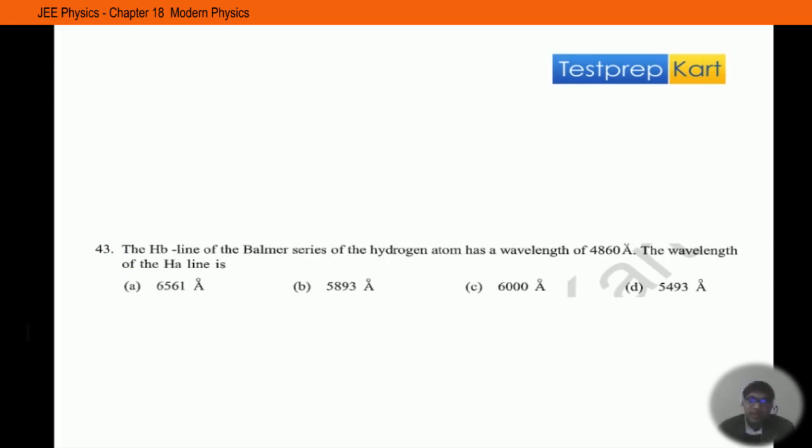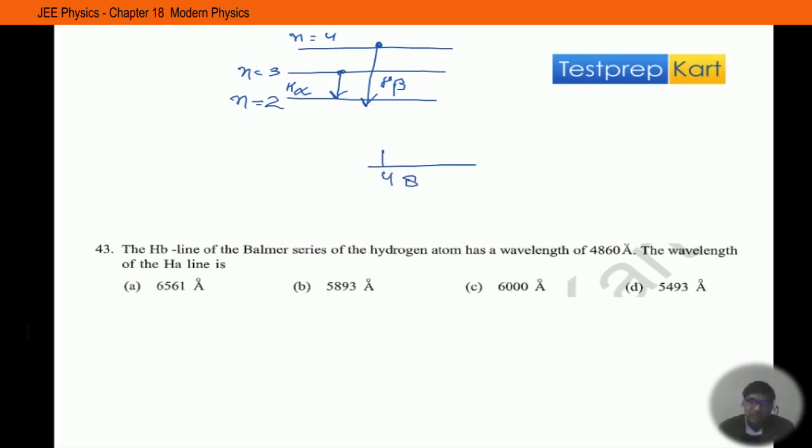Okay, now question number 43. The H beta line of the Balmer series of hydrogen atom is 4860, then what is the wavelength of the H alpha line? Okay, so look, for the Balmer series, the transition must end at n equals 2. So particles can jump from n equals 3 or from n equals 4. When the transition takes place from n equals 3 to 2, it falls under the category of H alpha line, and when from n equals 4 to n equals 2, it falls under the category of H beta. In this case, the H beta wavelength is given, so we can just do the exercise for the wavelength of a